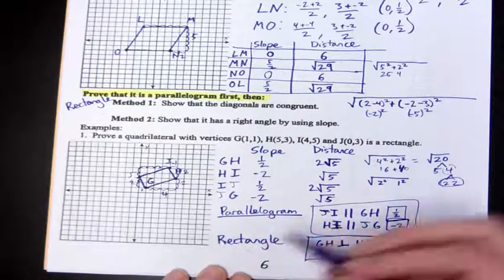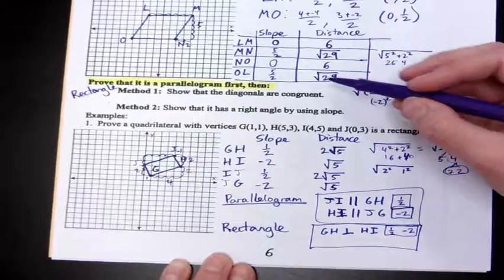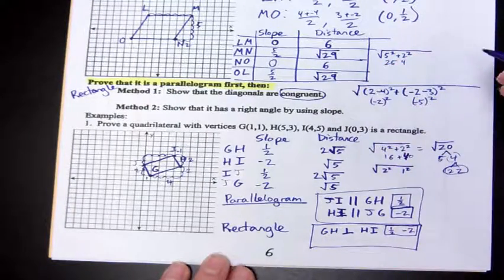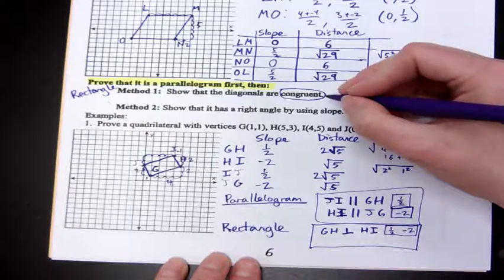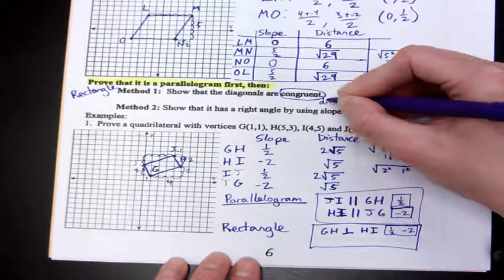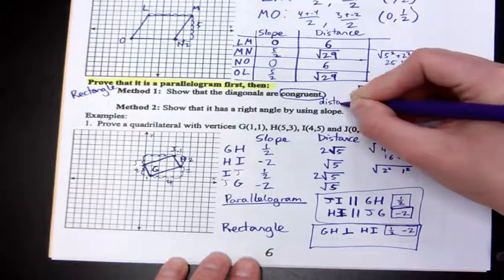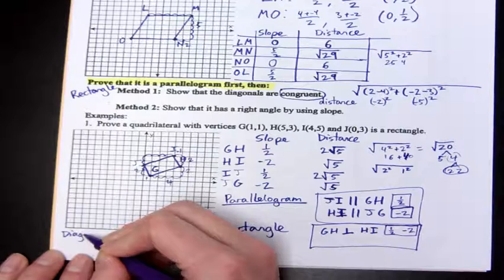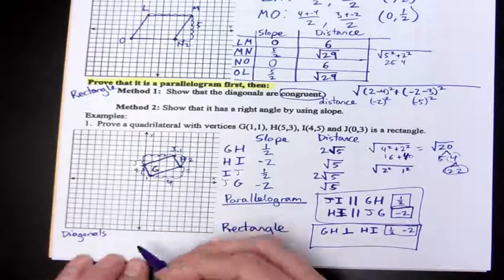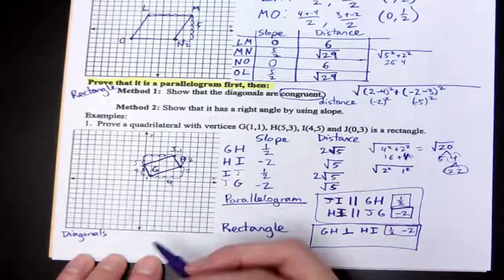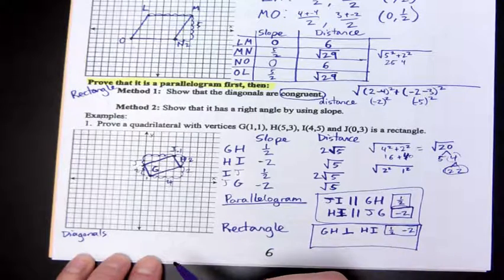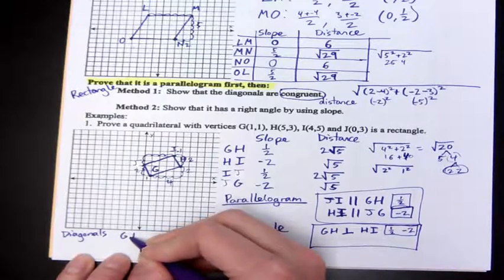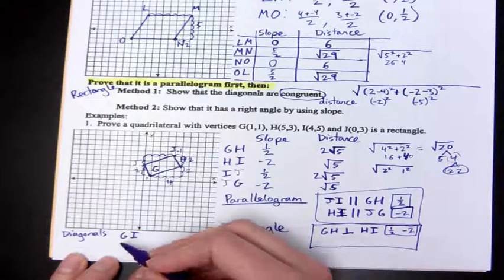And because this is notes, we're going to do the diagonals also. So diagonals congruent, is congruent talking about distance or slope or midpoint? Distance. So when we see the word congruent, we're talking about length. We're talking about the measure of something. And so I'm just going to do the diagonals. And so what 2 letters are my diagonal lines? G and I. So G and I. And then my other diagonal would be